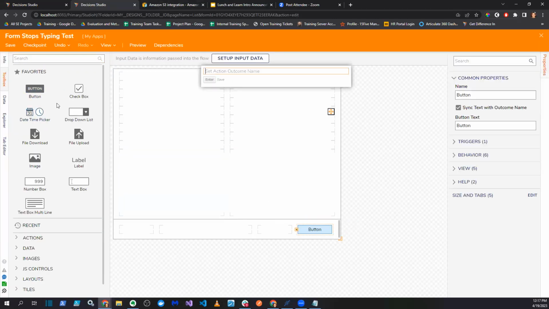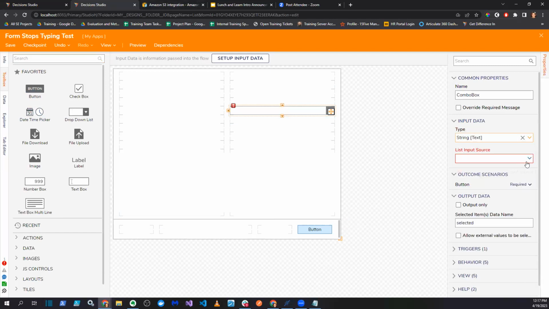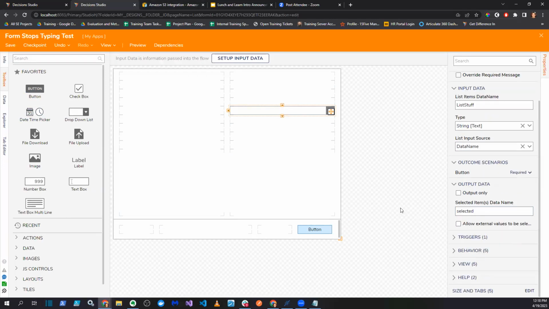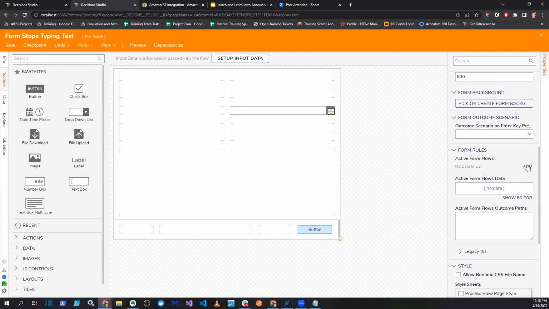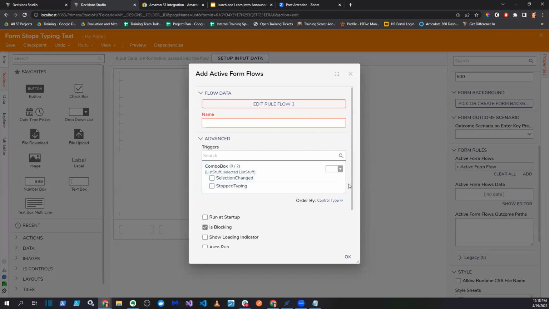So in this form, let's say I have a drop-down list. I'm going to source this drop-down list from a data name. Let's see, data name, it's going to be list stuff. And then what I can do is when I click on the entire form or the entire background of this, I can add an active form flow that will run